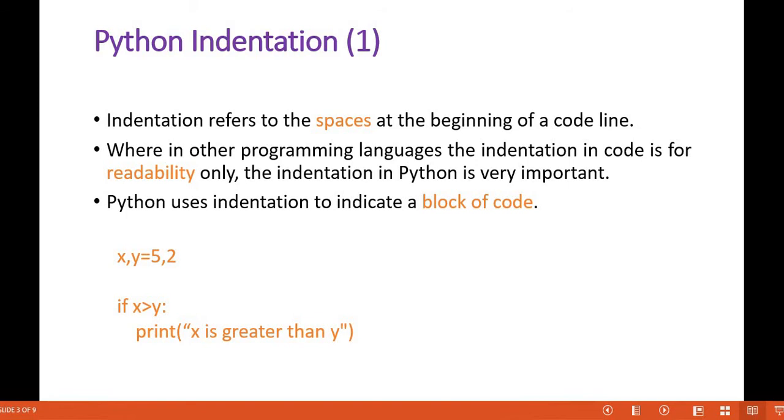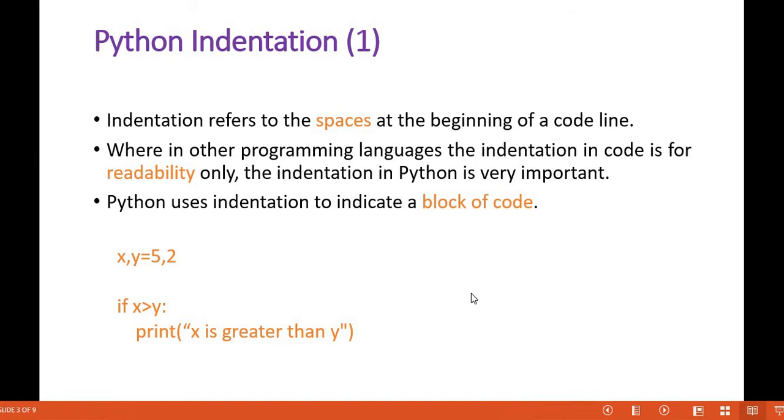For the transmitter block and the receiver block, I'm going to leave some spaces just for readability. But in Python it's not like that. It is very important to maintain the indentation. If you maintain indentation, it indicates that it is a block of code.